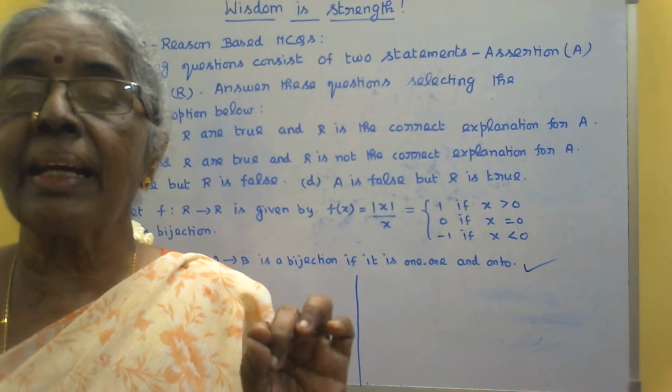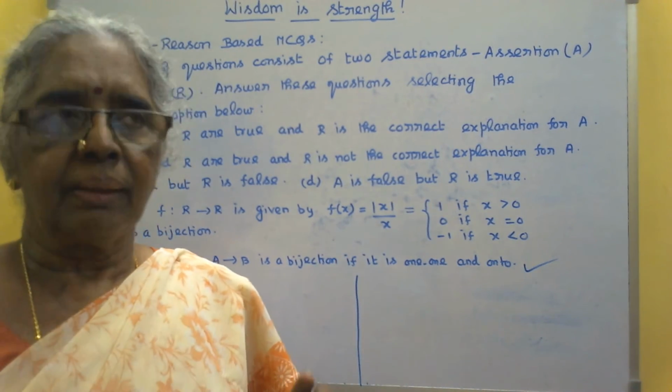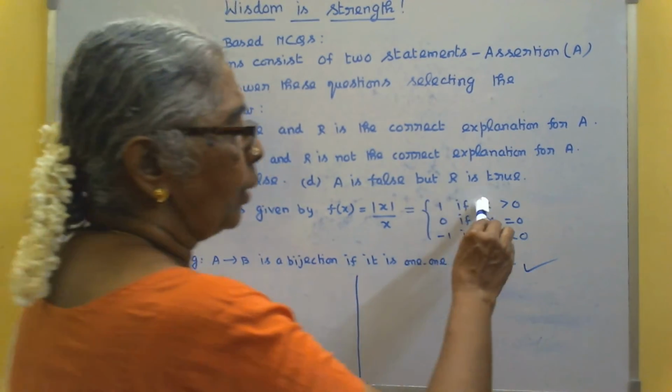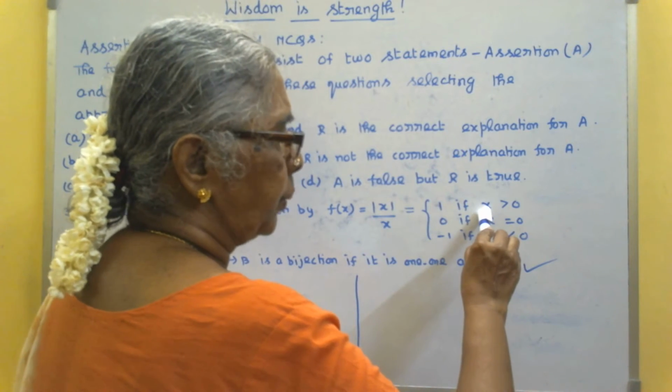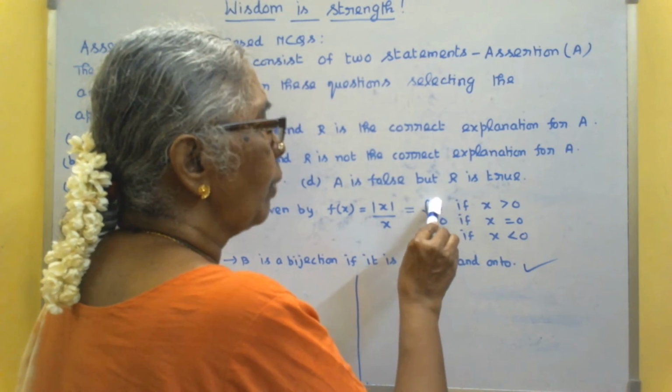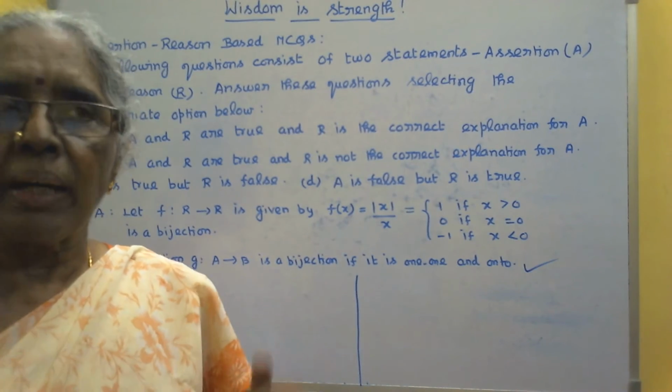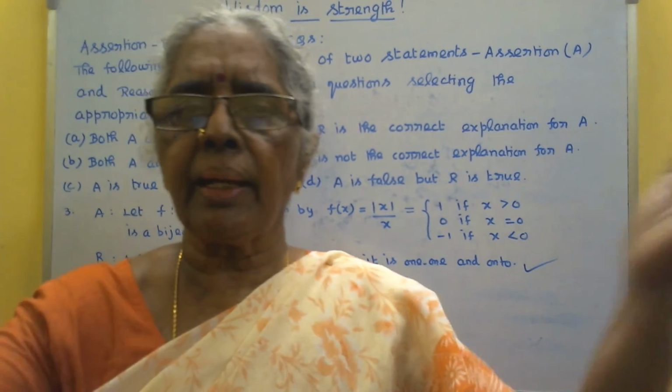Do you know what this function is? This is called a signum function. Okay, but whether you know that name or not, we can proceed. Here, you can check now. When x is greater than 0, the value is going to be only 1. That is, the f of x will be equal to 1. That means, for x greater than 0 you can consider any values, isn't it?